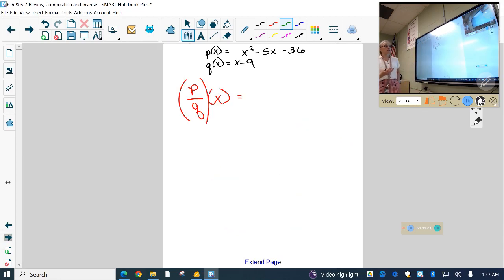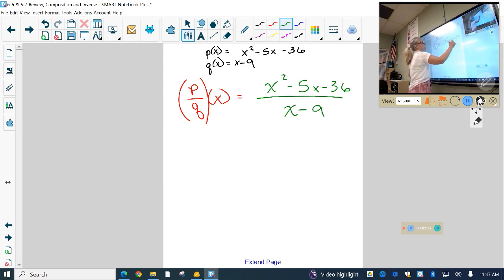So now we're going to go ahead and do the same thing here, except now I'm dividing p over q. Well, p is x squared minus 5x minus 36 over x minus 9. First thing I need to do is factor my numerator. So I have two numbers that multiply to negative 36 that add to negative 5. They are going to be negative 9 and positive 4. So I have x minus 9 and x plus 4